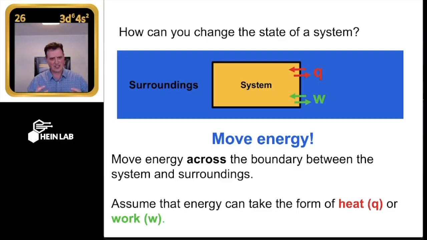So heat, we've already talked about, that's a direct transmission of energy that usually we think about in terms of the kinetic parameters. It's kind of associated with something like temperature, or at least in your mind there's a link. Remember, we will break that part down. Heat usually has a value of joules. Work also has a value of joules, right? Energy is just energy, right? We're saying that total energy can come in these two different flavors. Means we can affect a system by only using heat, I can affect a system by only using work, or I could use some combination of the two.